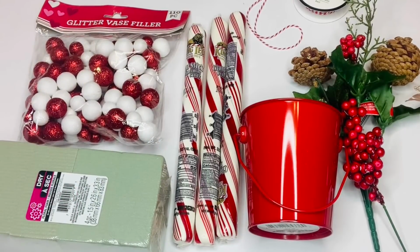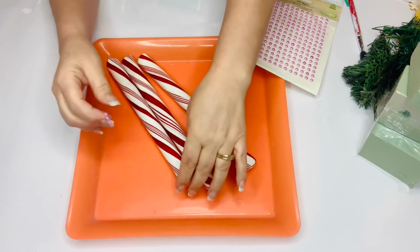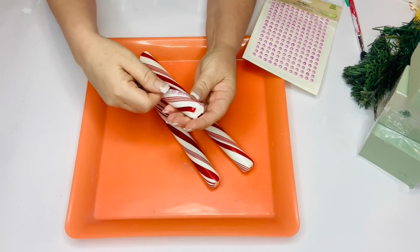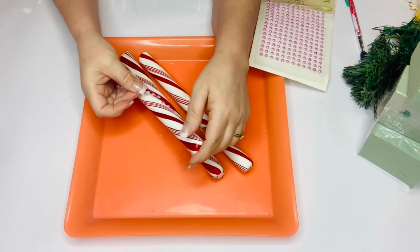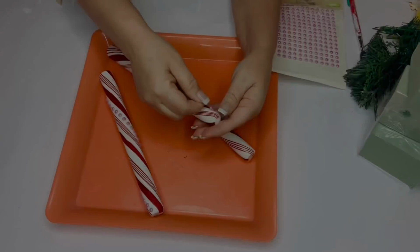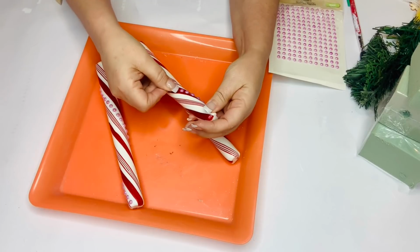For our next DIY, I'm going to be using some Christmas greenery, a red bucket, three of those, what are those, peppermint sticks, and then some floral foam, and I didn't even need the scatter foam. And then I'm also going to be using these pink pearls because I want to do something in the pink and red. So these half pearls have adhesive on the back, so I was able to easily follow the line of either a white or a red strip on that peppermint stick, and I didn't have to go all the way down, so I just did two rows in each of those lines